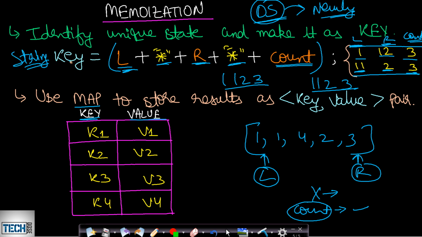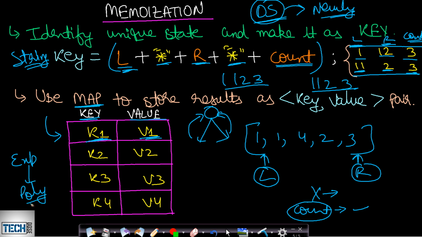Once we form a key, then we will be looking up into our map in order to find if it is already calculated. If this key is already calculated, then we will be returning its value. We will not be making further processing. Otherwise, if it is not calculated, then we will be applying the recursive approach, and when we get the answer, then we will be saving it into our map and we will return, so that whenever this subproblem is called again, we will just be looking at the table and we will be returning the answer. So I hope you understood this memoization approach. This will reduce the time complexity from exponential to polynomial.